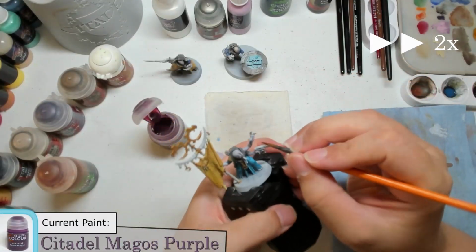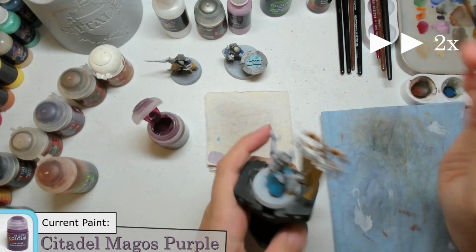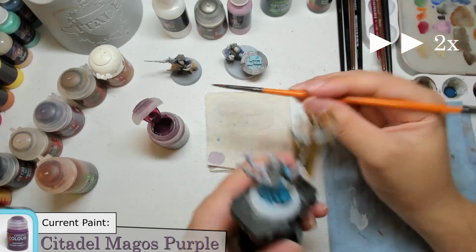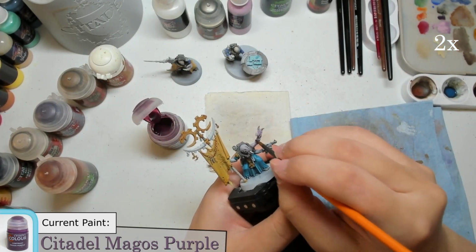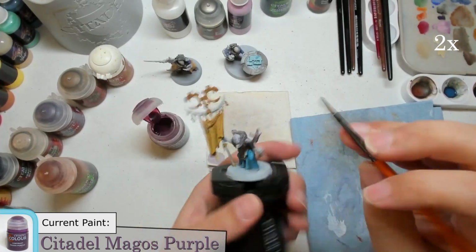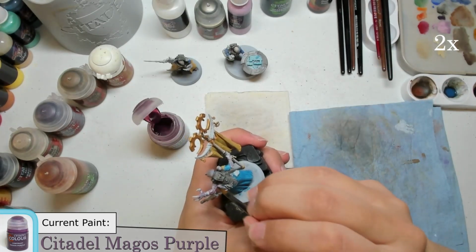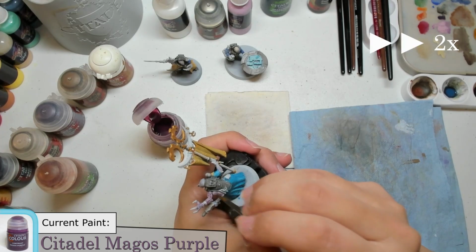Next, we move on to Citadel Magos Purple. I want to use Magos Purple on all of the sort of Genestealery skin color. That was just Daemonette Hide on it before for these areas. So I wanted to go over it with Magos Purple because it's a contrast paint, so it will tint the color a little bit as well as settle in the recesses, but mostly it's not as strong as